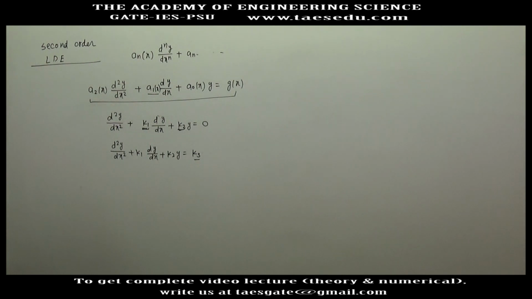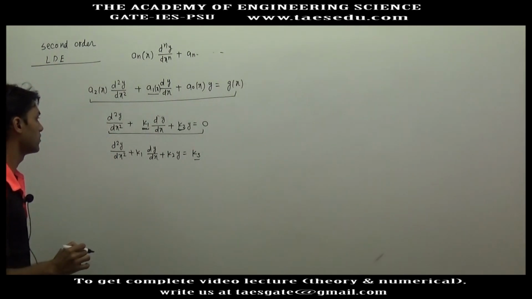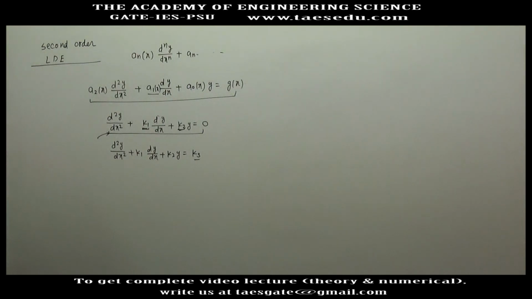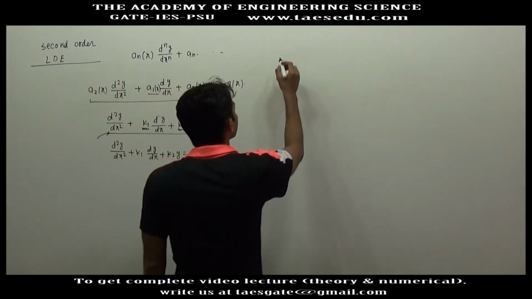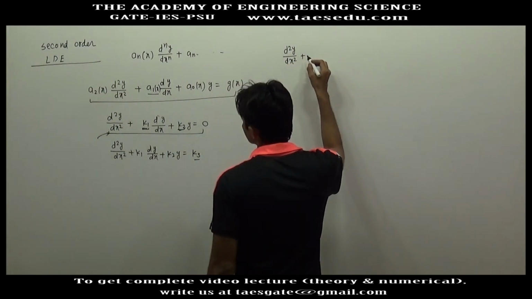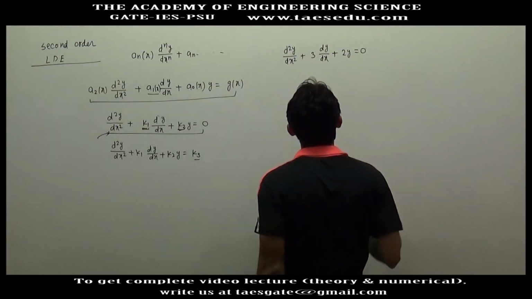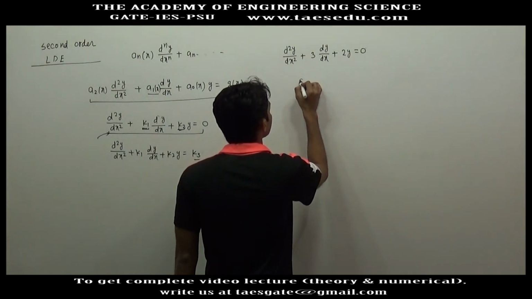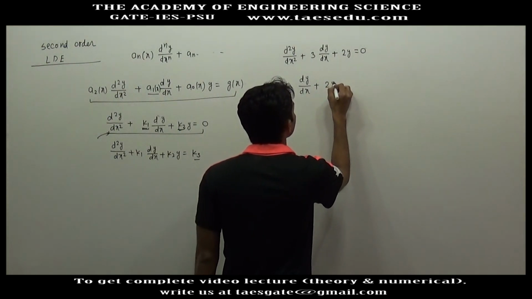First I will take this case and we will solve it by the method of differential equations and also by Laplace transform. So I am taking a question on this type of problem: d2y by dx square plus, let's say, 3 dy by dx plus 2y equal to 0. Before solving this, we will first solve dy by dx plus 2y equal to 0.